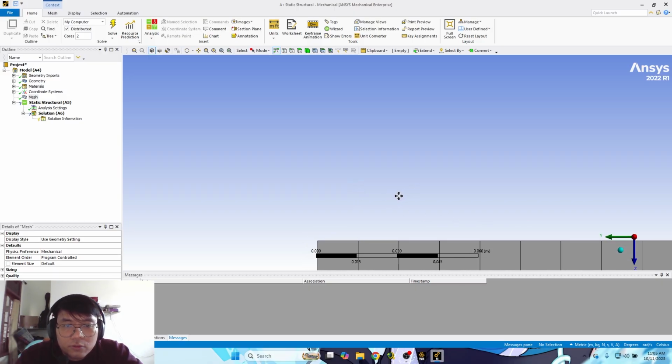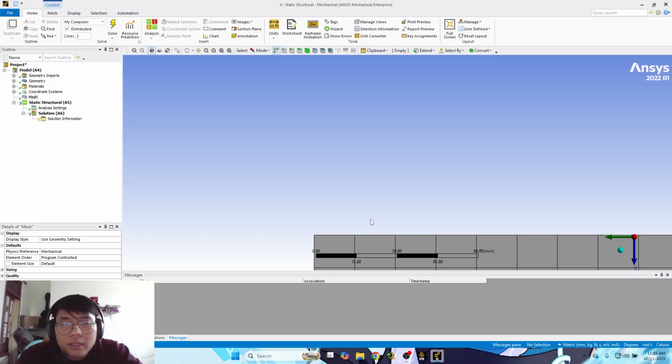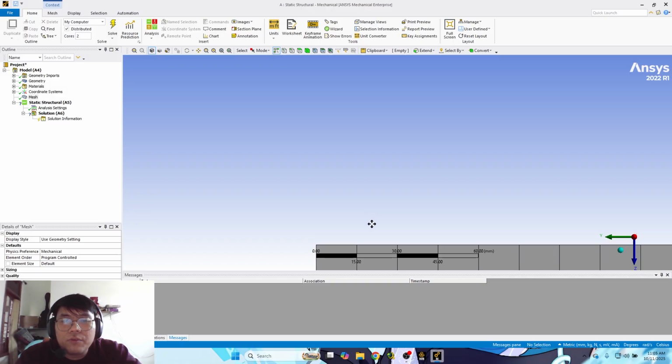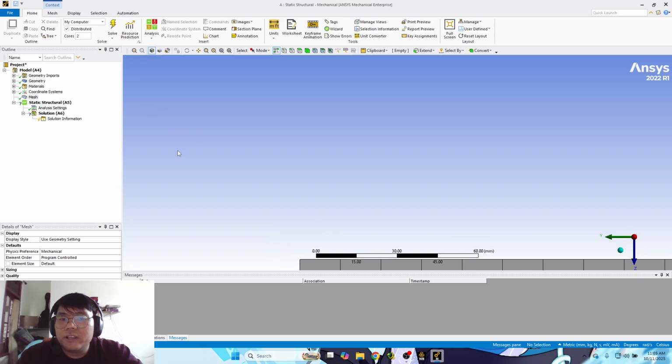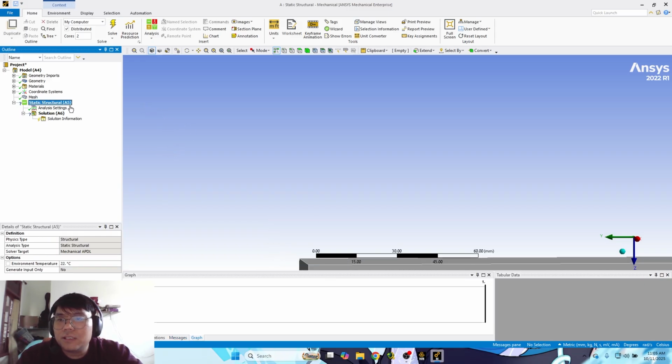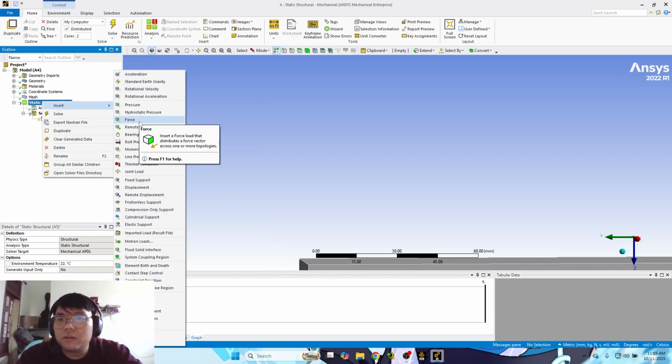Wait, the units, let's change the unit first. I will go for millimeter here, and there you go. You can see that the size of our mesh is 15 millimeter. So we go for the default mesh size, and then let's put in the boundary condition.